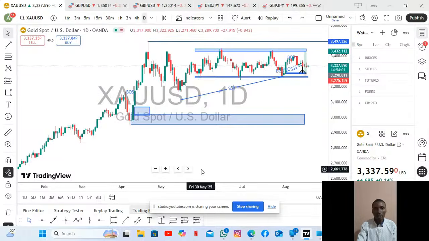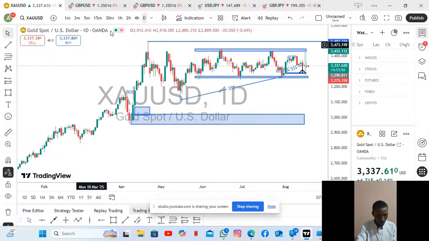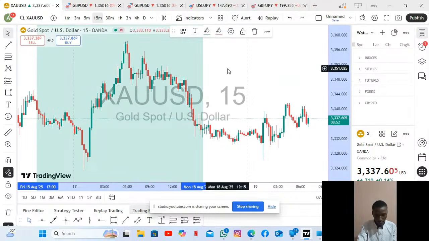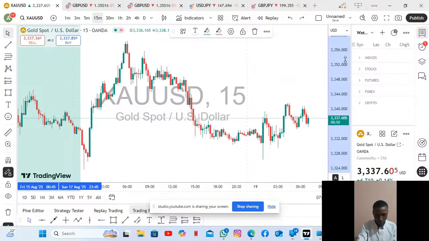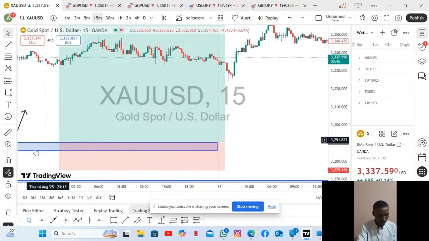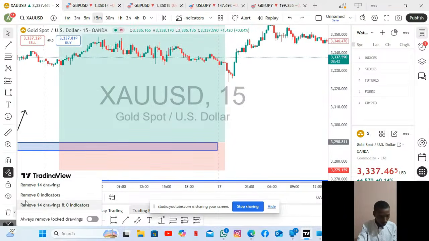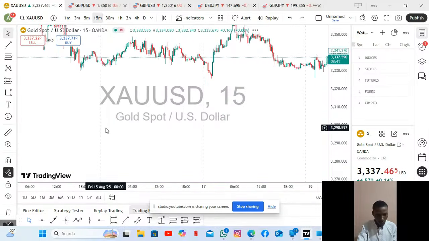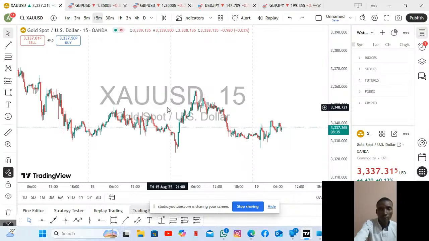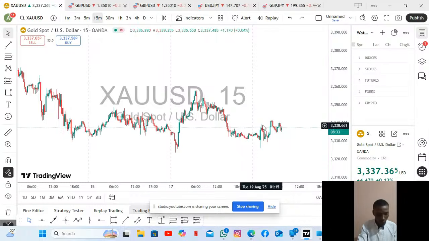Let us look at gold and let us remove all this. A quick one. Now looking at the gold, because I actually do not want us to spend much time here. Actually looking at gold,